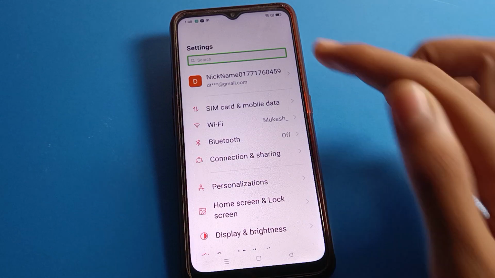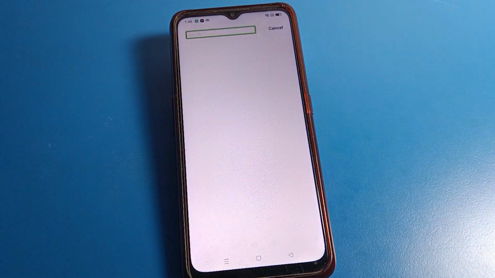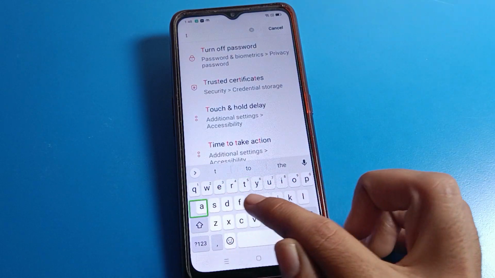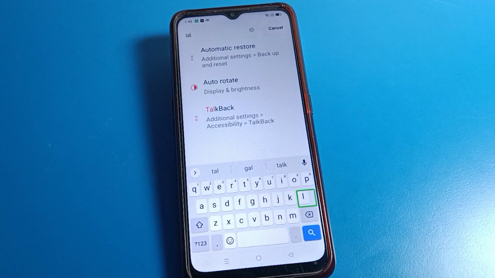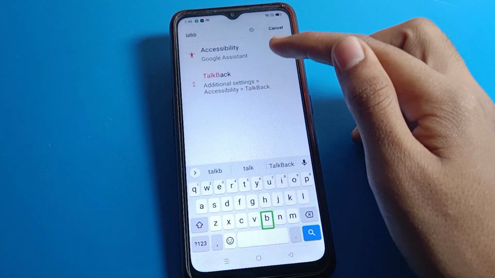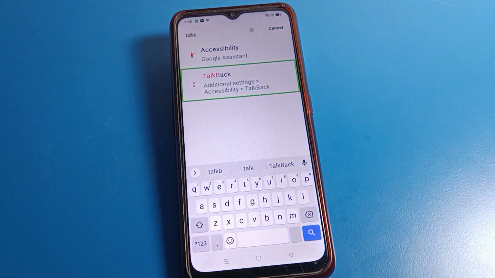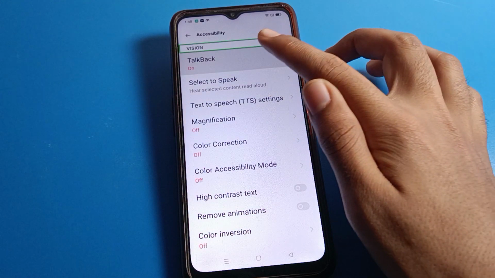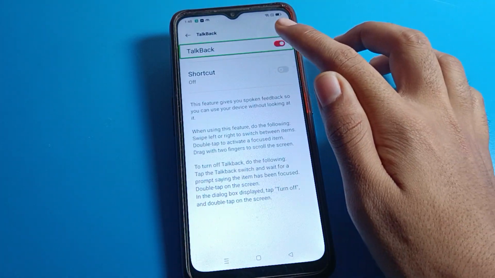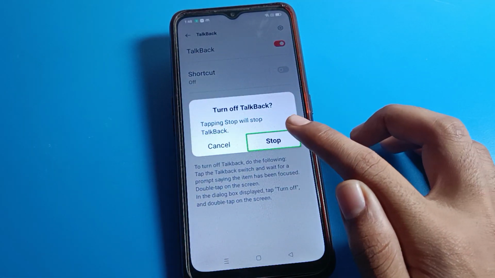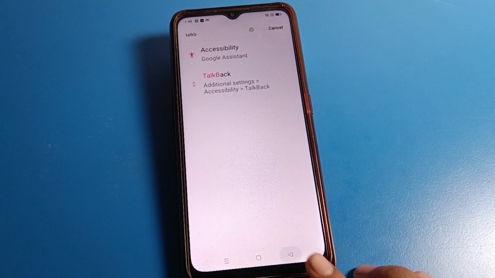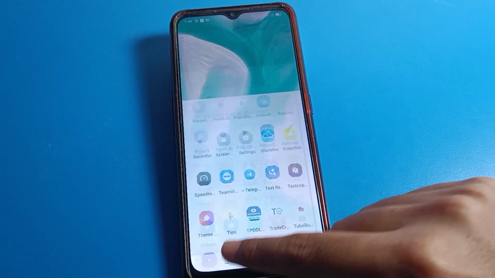Click on the search option and double tap. Friends, type on the keyboard T A L K B. Friends, you can see talkback. One tap on talkback setting and continue to tap. Friends, click on talkback, double tap, one tap, double tap. The problem will be solved. So like that friends, you can solve your talkback problem on your Oppo phone from